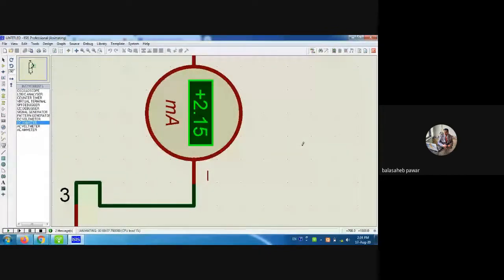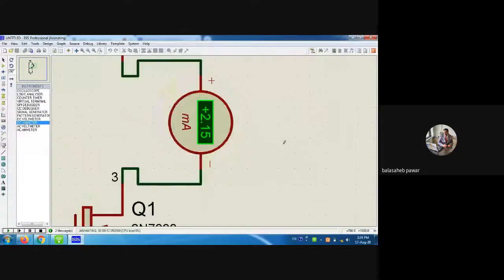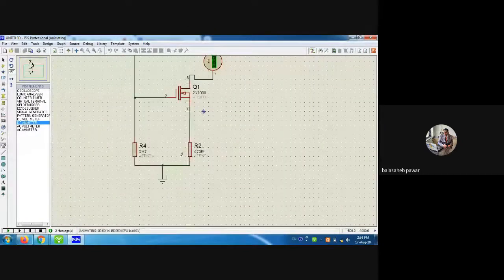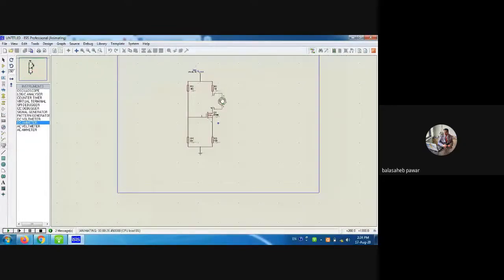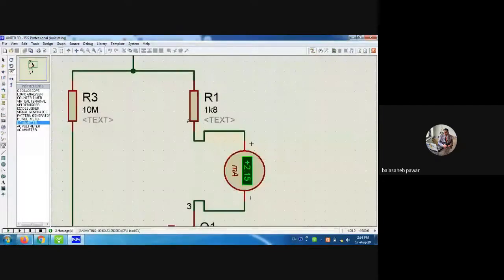See, we got the value of this RS as 500 ohm as per our calculation. But as an available standard value resistor, we selected 470 only instead of 500. Similarly, this resistor RD, it was how much? 2.0 something kilo ohms.